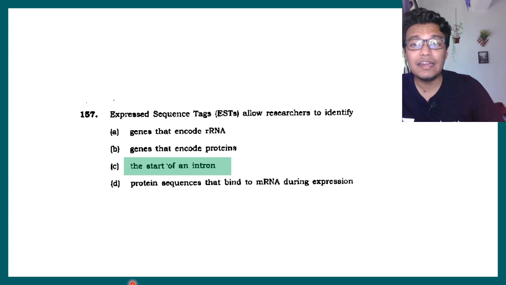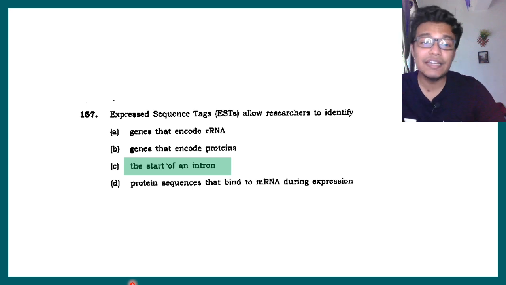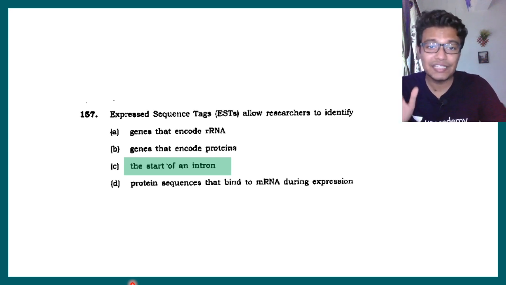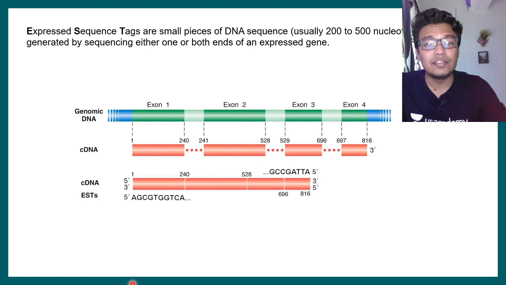Okay, so it can allow the researcher to identify the start point of an intron, exon, etc. So expressed sequence tags are always important to understand. These expressed sequence tags mean things that are expressed, okay? So obviously they would allow you to understand the beginning and the ending of an exon or the beginning or ending